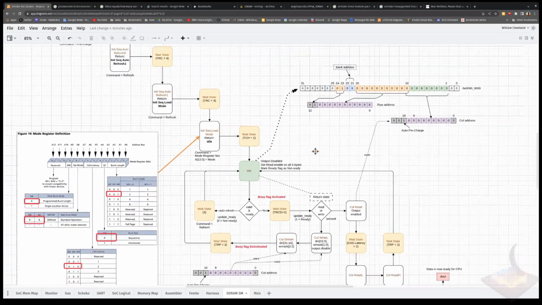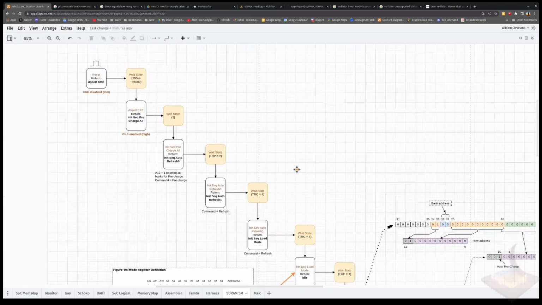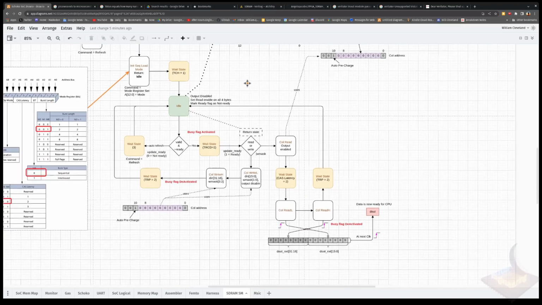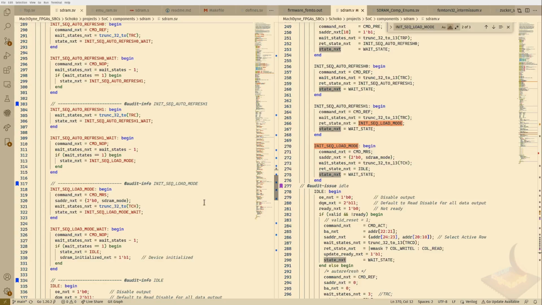So that's the state diagram. The majority of it actually is going through all these states, setting it up. And then once that's done, we enter into a tight loop that's either refreshing or reading or writing from the chip. I wanted to take a moment to look at the original SDRAM controller and what was different from what